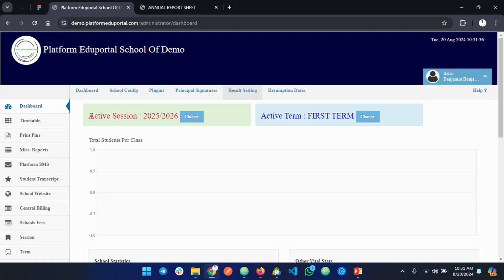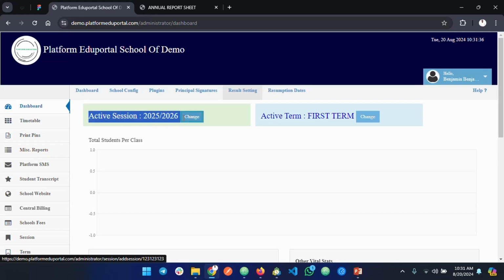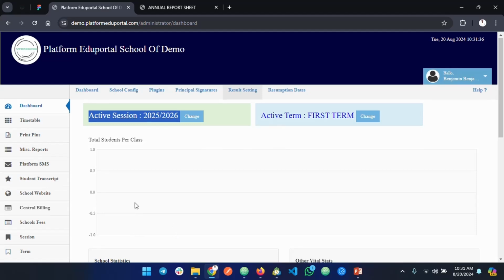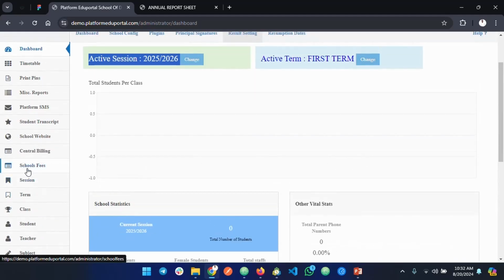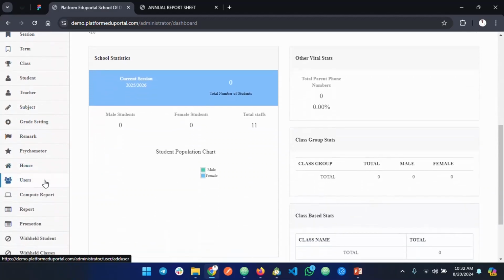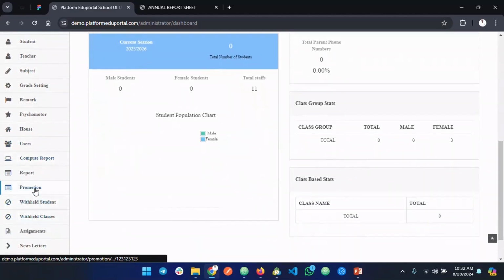Now you can see it says import operation successful, and then let's check the dashboard to confirm. You can see the active session is 2025/2026. So we are in the new session, and you can see total students per class. You can see we have nothing here. We don't have any students in this class. So now this is where promotion begins. You then navigate to promotion. You click on promotion,